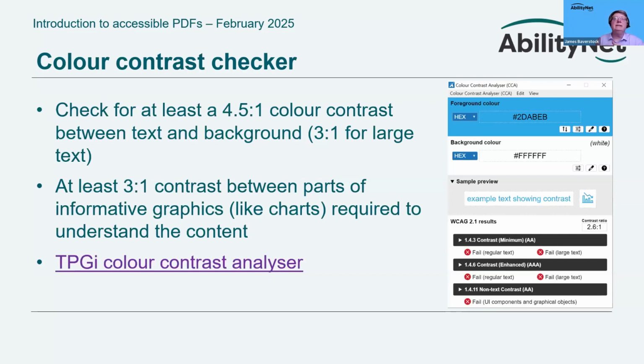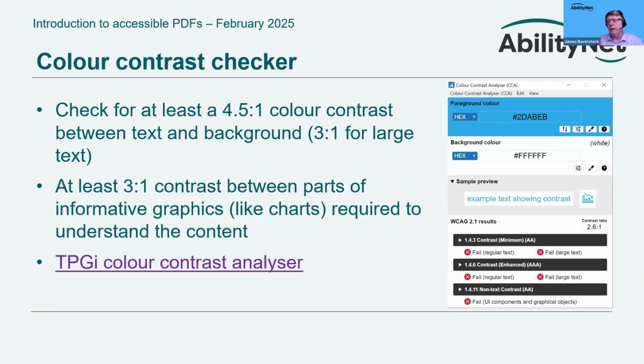The Web Content Accessibility Guidelines say that there should be at least a 4.5 to 1 color contrast between the text and the background for normal size text, and a 3 to 1 contrast for large text. And if you have informative graphics like charts, you want to have at least a 3 to 1 contrast between parts of the graphics. So as we saw, if you run the PAC accessibility checker on your PDF, that will